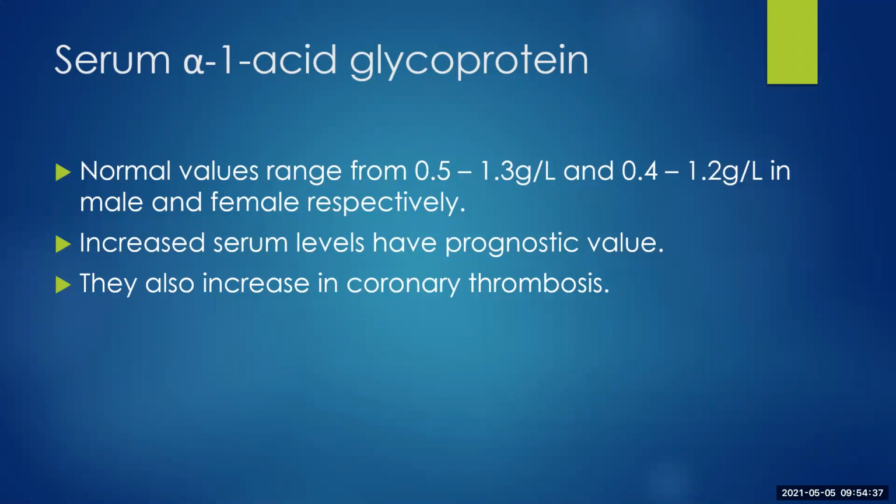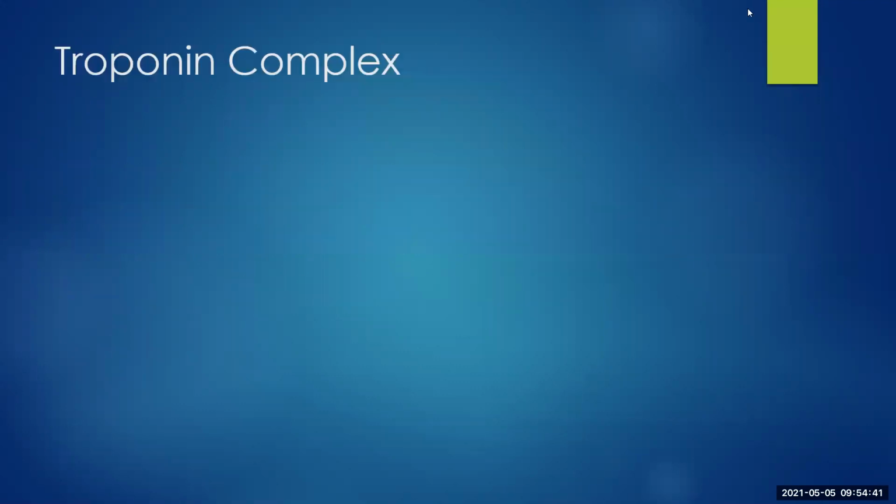Okay, so that brings us to the troponin complex. Troponin complex plays a very important role in diagnosis of cardiac events nowadays. In clinical diagnostics, whenever we send a sample to the laboratory and the doctor is suspecting myocardial infarction or any other cardiac issues, troponin is always present. So troponin currently is one of the top markers for assessment of cardiac injury.